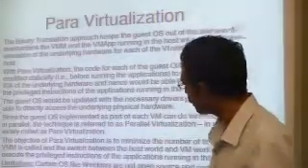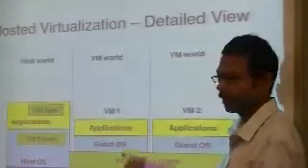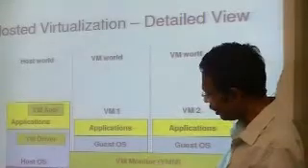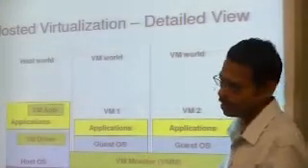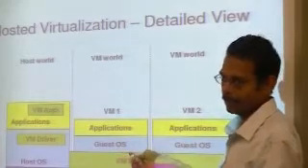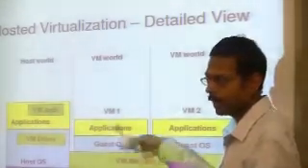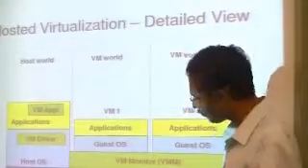What it means is, again, in full virtualization, the guest operating system was not allowed to touch or access anything on the hardware directly, because it had a different instruction set architecture which is not compatible with the underlying hardware. That was the problem, right? As I said, this is a Mac operating system, and you cannot do anything on the Intel hardware, so you have to have a compatible instruction set architecture.